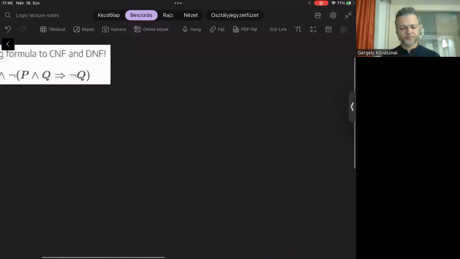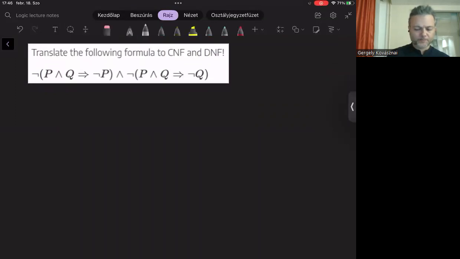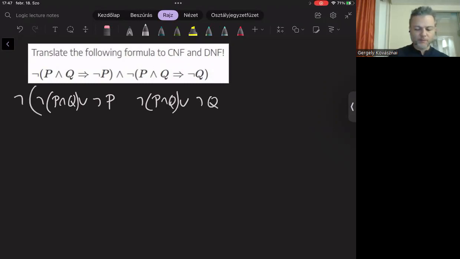You already know how to do that. It's easy. Basically, you replace the implication with disjunction, and then you negate the left-hand side and keep the right-hand side. We can do the same to the other implication, and we have to copy everything else. So this whole formula was negated and connected to the negation of the other formula, and with the conjunction between. Okay, it looks a little bit messy, but I hope you can follow it.